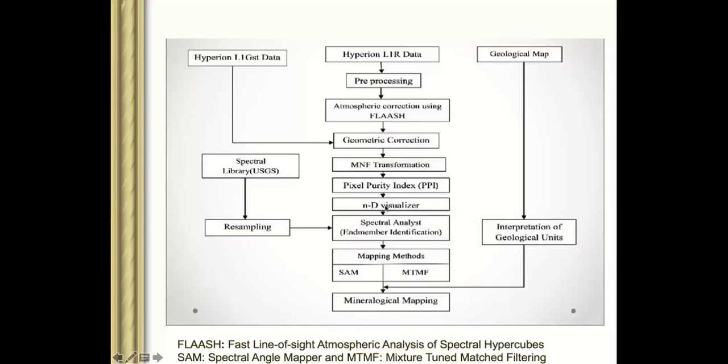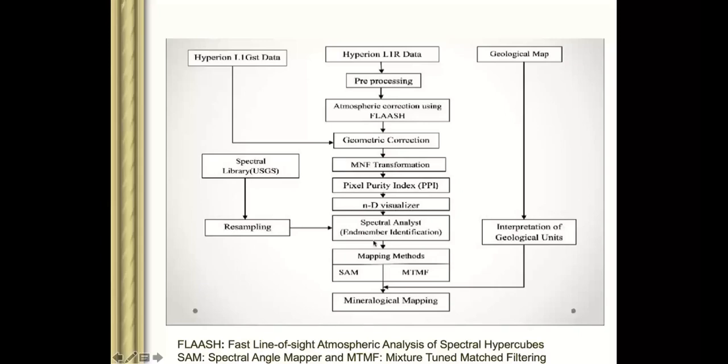So when you are getting this pixel purity index, then what happens? We will get the best pixels, and after getting those best pixels, we try to find similar types of pixels in our satellite image by using some algorithm like SAM or MTMF. SAM is most popular because it gives you information based on angle, and based on that we do the mineralogical mapping, and then we also have some ground data to validate all those images. So this is the whole process that we do on a hyperspectral image, from pixel purity to visualization to some pure end members.